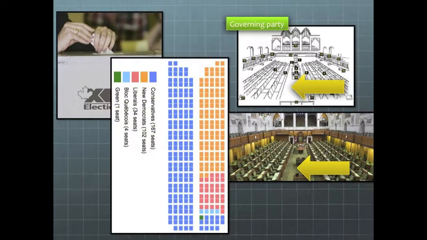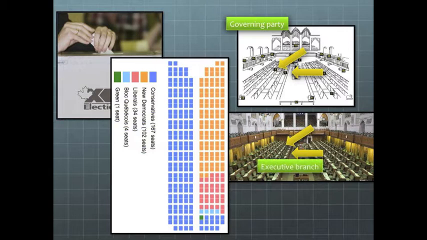Now, there's also some organization to where the members of the party sit. The leader of the party sits in the front middle because he's the prime minister of the country. His cabinet sits around him. These are people that are all part of the executive branch as well as the legislative branch. The rest of the elected party members sit behind them, so they're known as backbenchers, and they're only part of